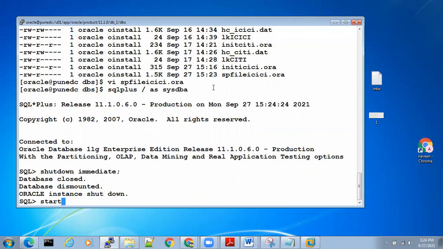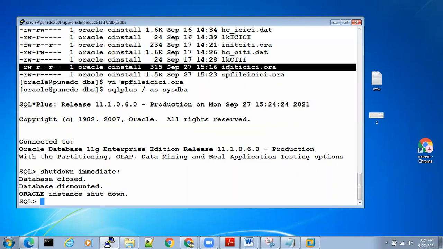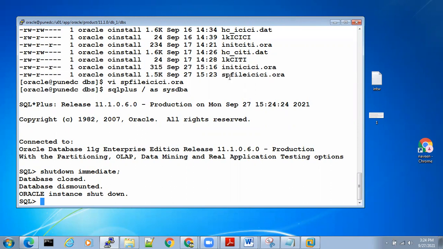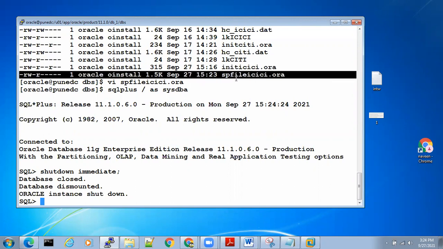Before I start up, everyone has to answer. How many files do we have which are maintaining the parameters? 2 files. What are they? P file and SP file.